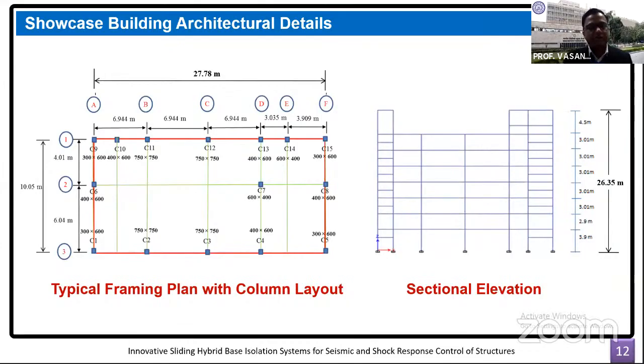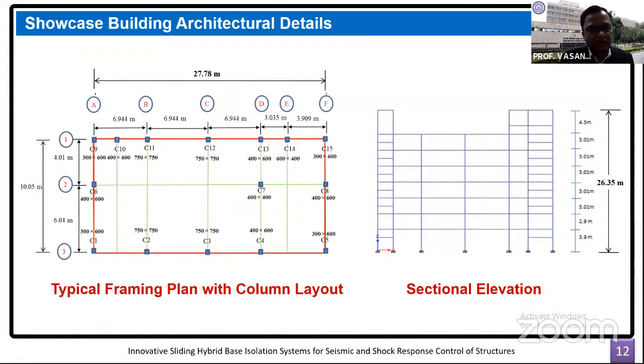This was the planning given by the architect, as to where the location of the columns are and how many columns in this building had been. And what you will notice here is there are some long span beams, which is in the order of 10 meters. And this is a columnless area in particular.